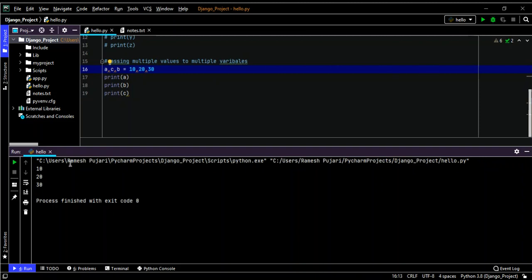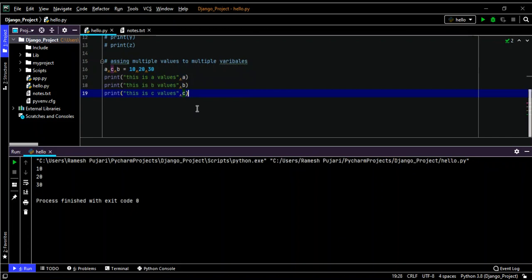So I will print now. Here I can print something more specific. I'm printing some statements here. This is a value, and this is b value, and this is c value.